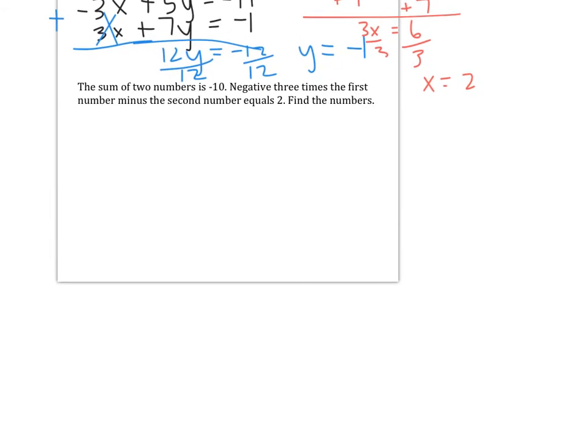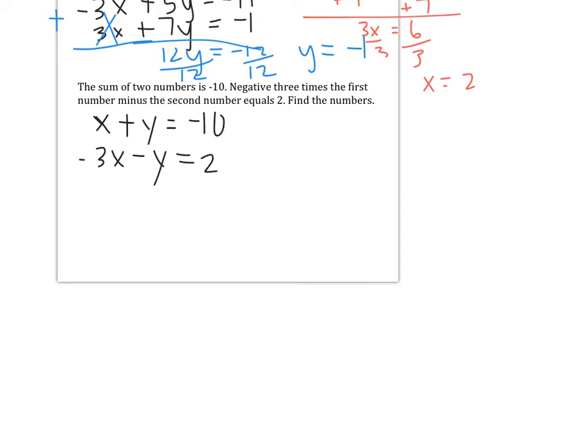The sum of two numbers is -10. -3 times the first number minus the second number equals 2. Find the numbers. So again, we'll call x the first number, y the second number, and let's write our two equations. So the sum of two numbers is -10. So I can say x plus y equals -10. The sum means to add together. Then the second equation is going to say -3 times the first number minus the second number is 2,